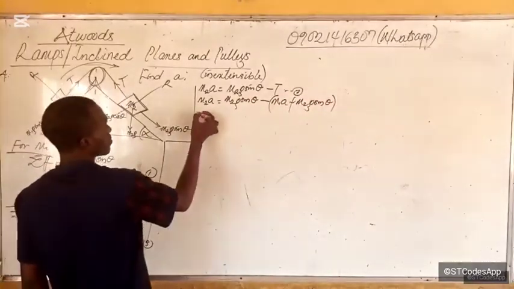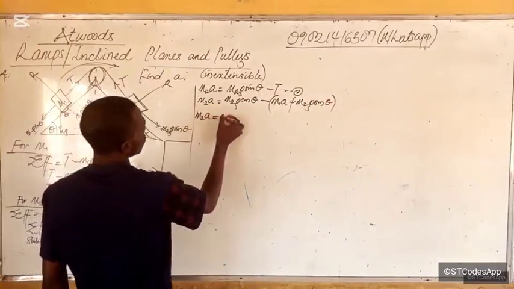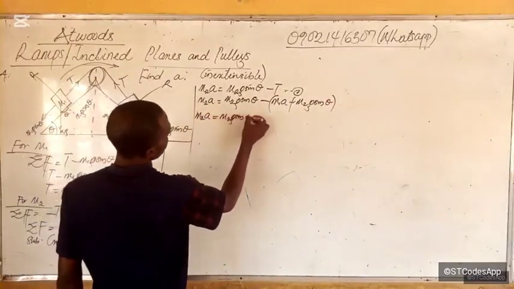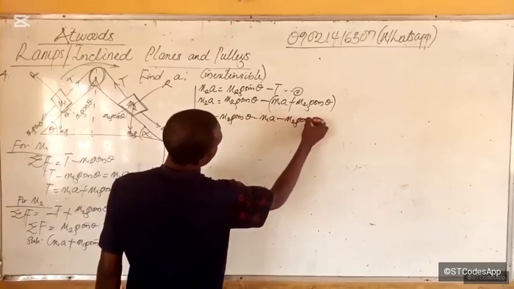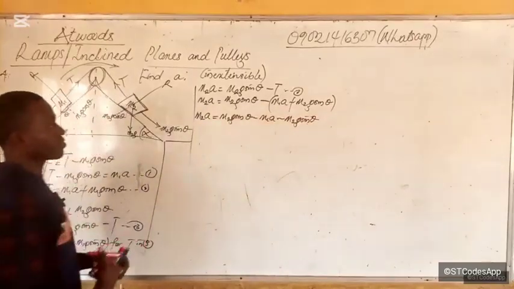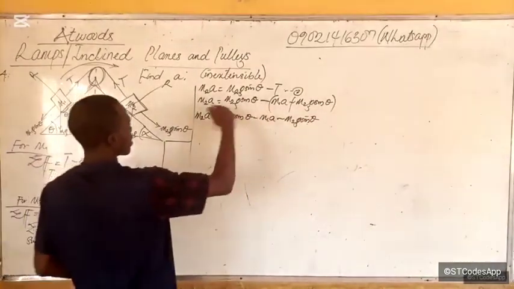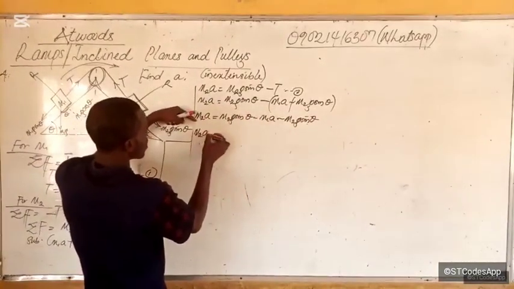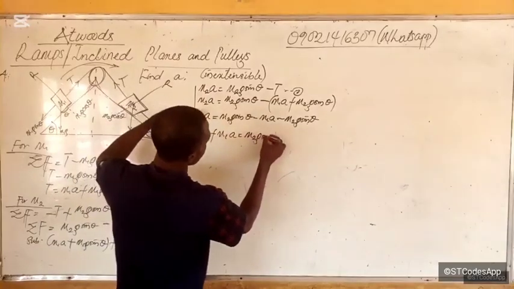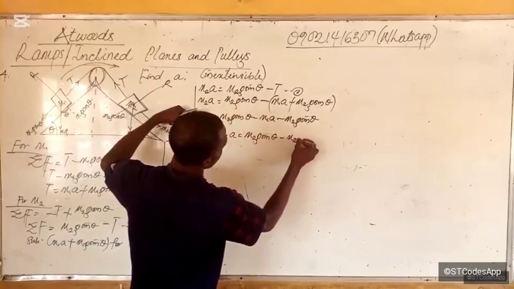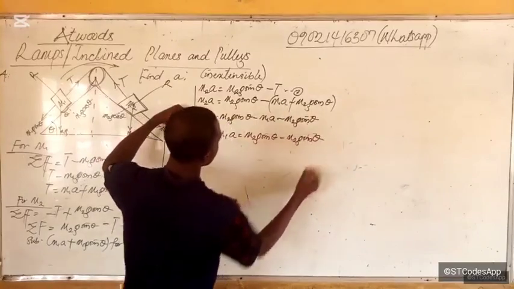And here we have m2a is equal to m2g sine theta minus m1a minus m1g sine theta. So we can now collect like terms. This guy can come here. We have m2a plus m1a is equal to m2g sine theta minus